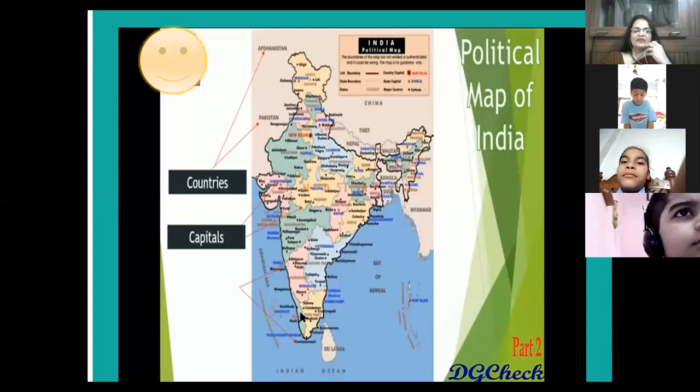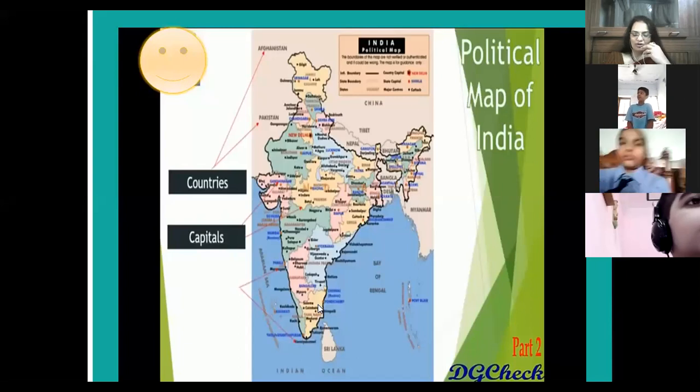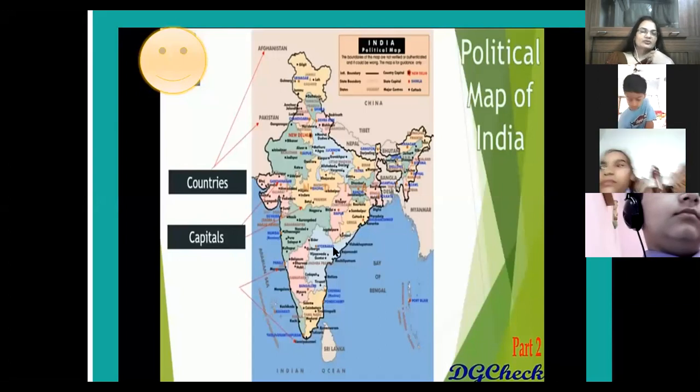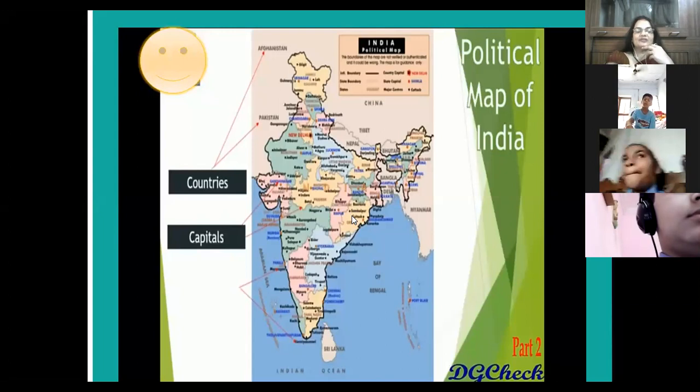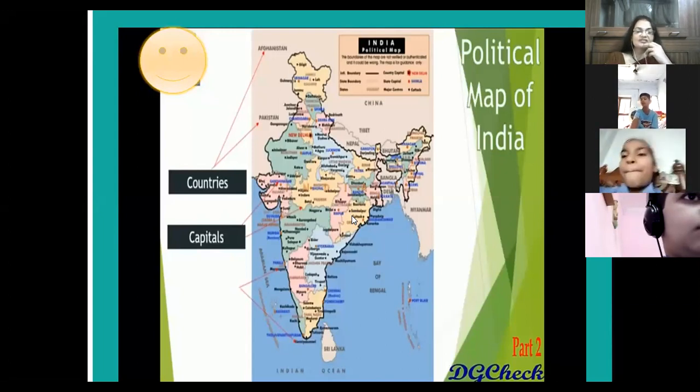Just near Kerala, we have Tamil Nadu. Tamil Nadu's capital is Chennai. You all know the capital Chennai. Then above Tamil Nadu, we have Andhra Pradesh and Telangana. Telangana is separated from Andhra Pradesh and the capital is Hyderabad. Just above Andhra Pradesh, we have Odisha. Odisha's capital is Bhubaneswar. So students, this was a short description about the political map of India, about the states.